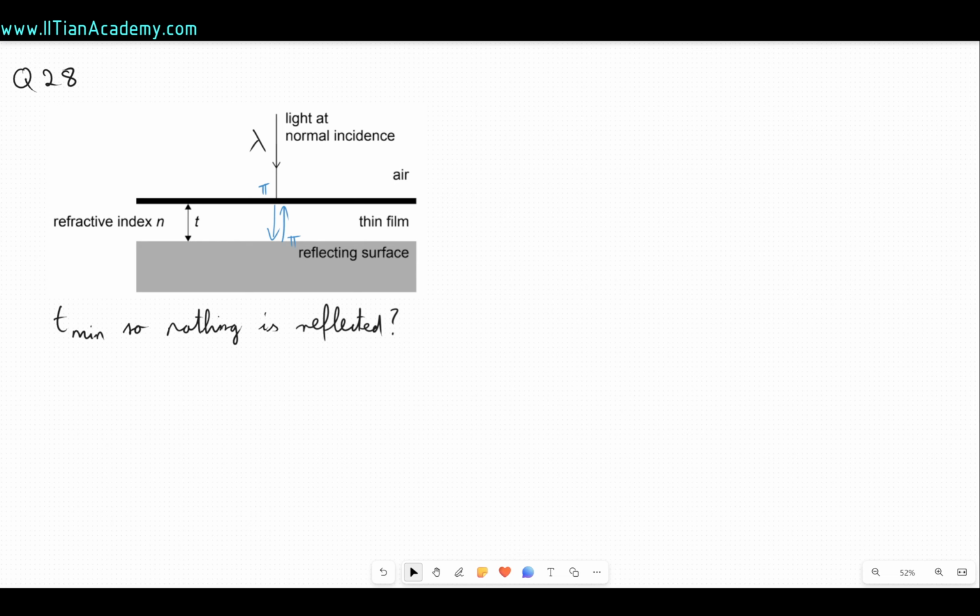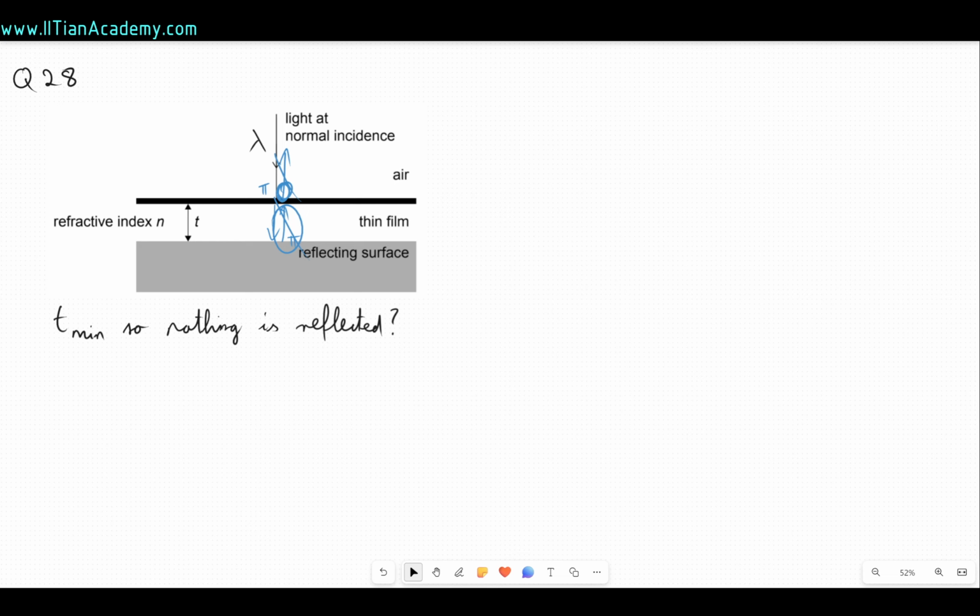So as a result, the waves that will meet over here, so this wave and the reflected wave from here, compared to each other, will have no phase difference, which means that this will have to be a destructive interference, as we don't want any reflection. So the way we can have no reflection is if both of these reflections cancel out when they come back in the air. And so for that, the condition is that their wavelengths have to be an odd number